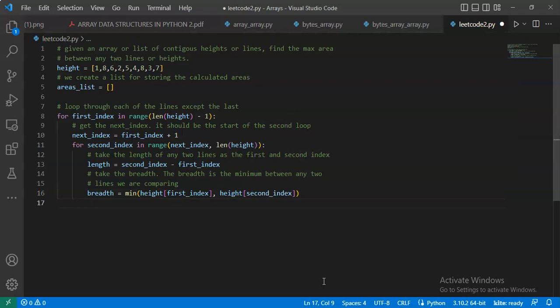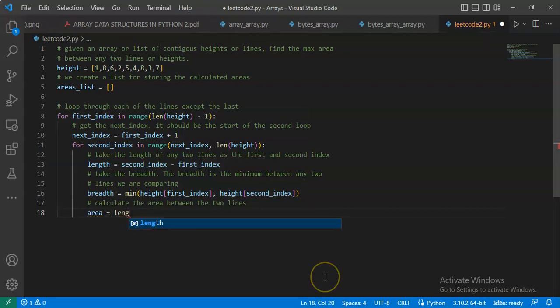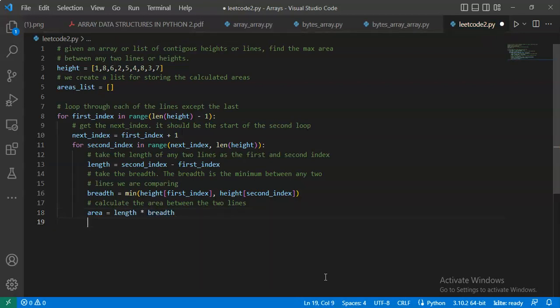Now that we have the length and the breadth, we can calculate the area between the two lines. The area is just the length times the breadth. Good. We now have the area between any two lines. Now that we have the area, we have to store the area in our list. We also store the indices,